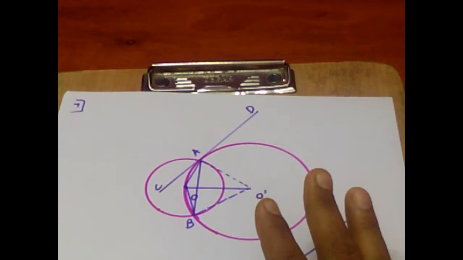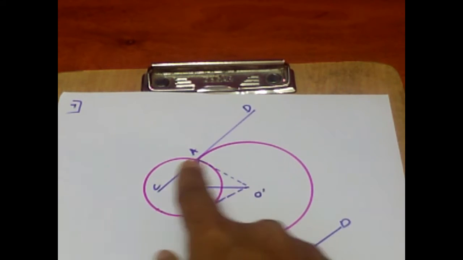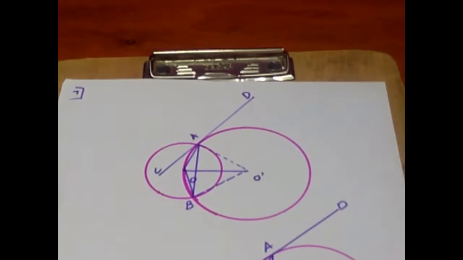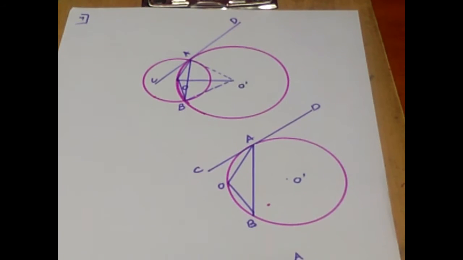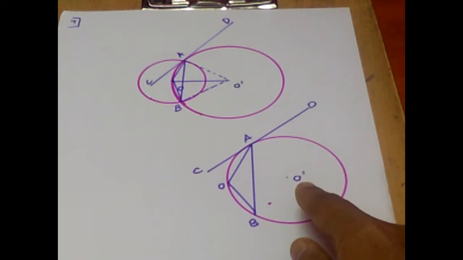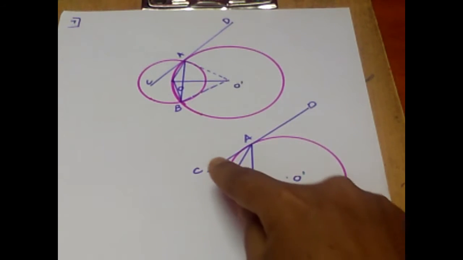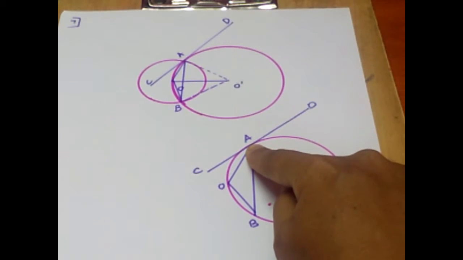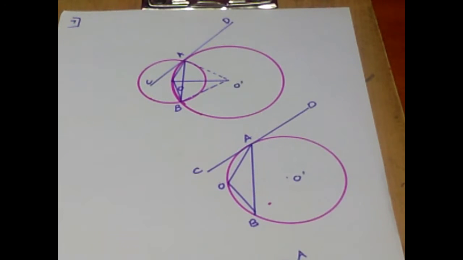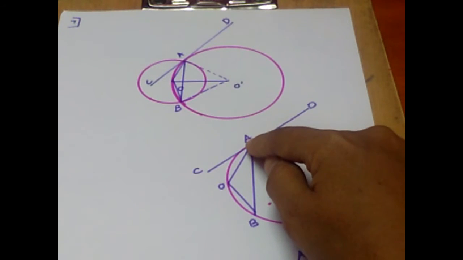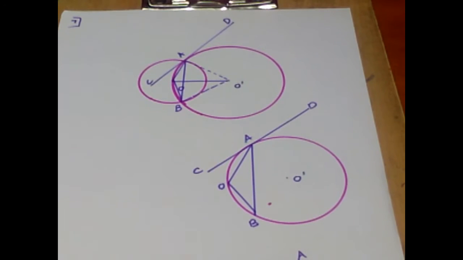In this problem, as there are two circles, one small circle and one big circle, let us divide the diagram into two parts. Let us consider the circle with center O dash, that is the big circle. In this, what you can find, children, is that CD is a tangent which touches the circle at the point A. Hence, we can say that the angle between the chord and the tangent at the point A is equal to the angle in the alternate segment. That is our result number 1.